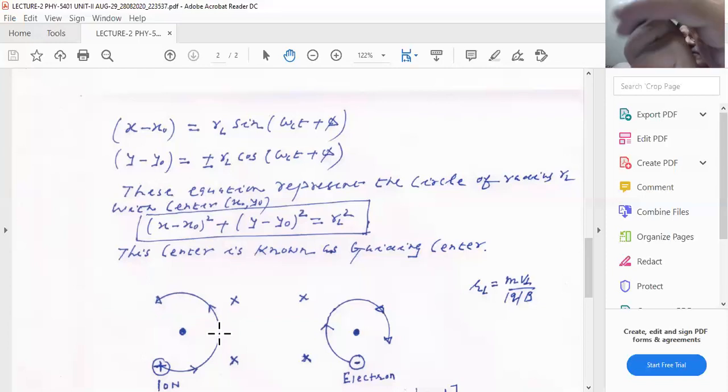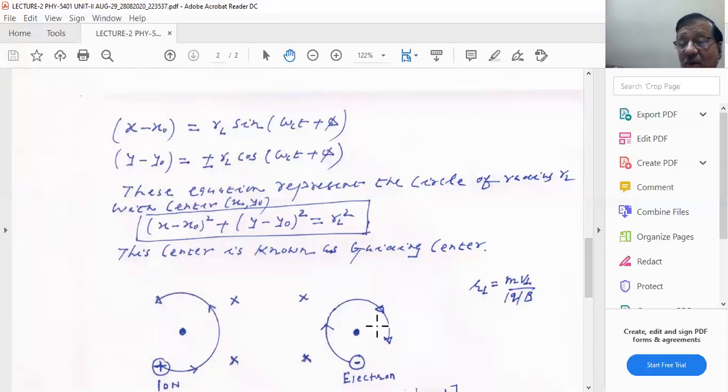Here this curvature is clockwise. You can see that the curvature is clockwise. It's going like this. And that's why your electron here has a clockwise gyration. And for the ion, you have to consider your left hand and keep it in such a manner